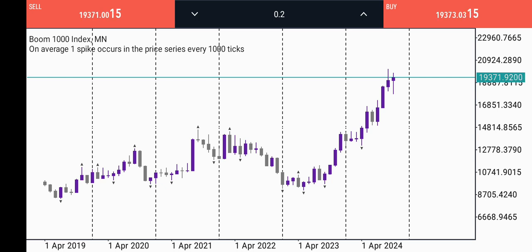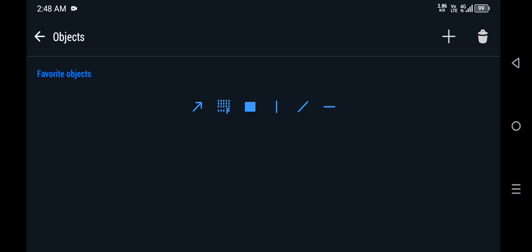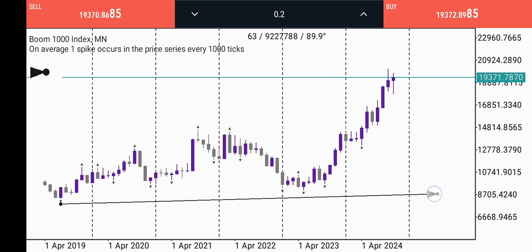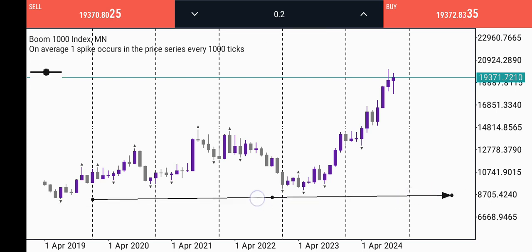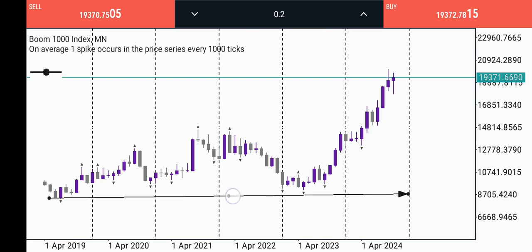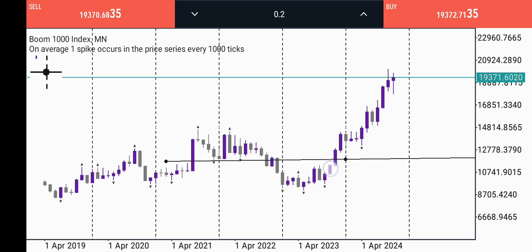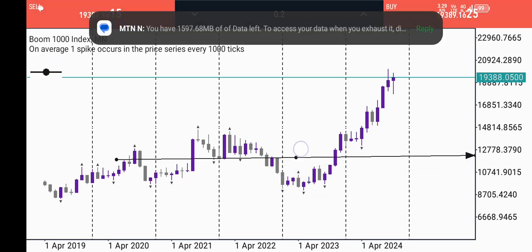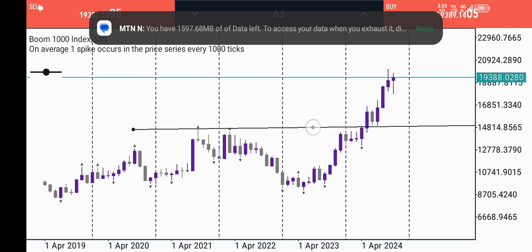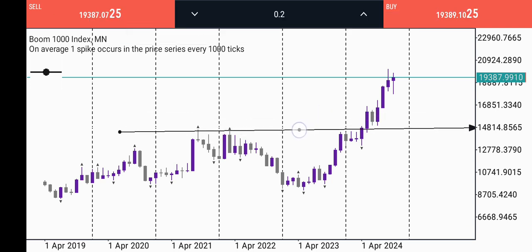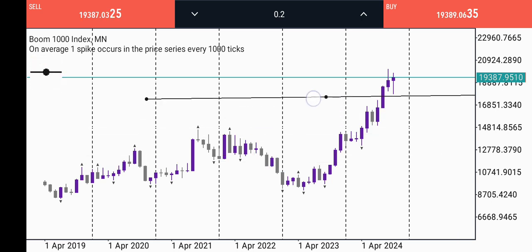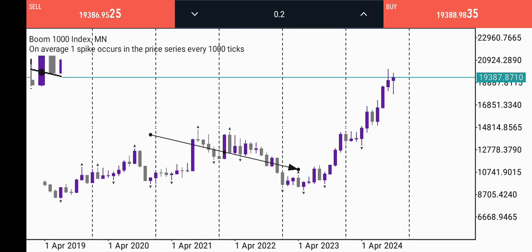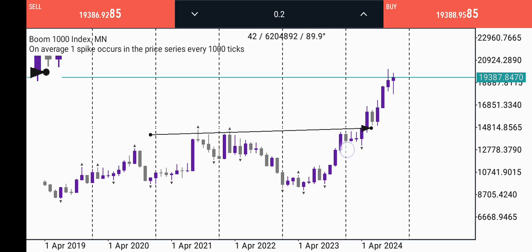But from this monthly time frame, you can see that price generally has been in an uptrend because this low has not been broken, and there's a break of structure here, which price is still rallying from. And from here you will see that there is an